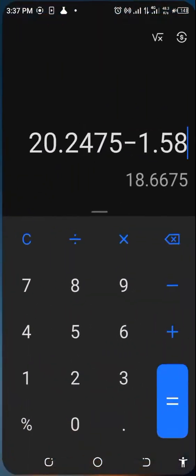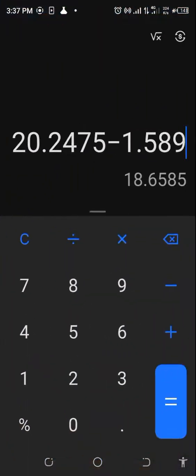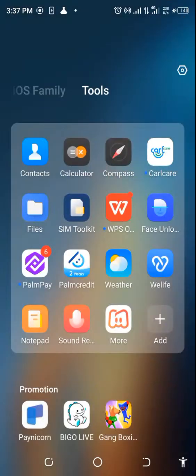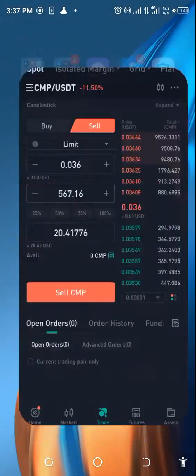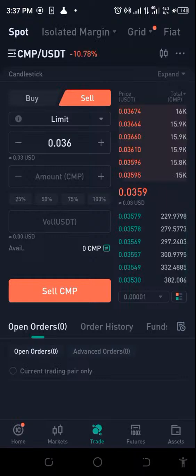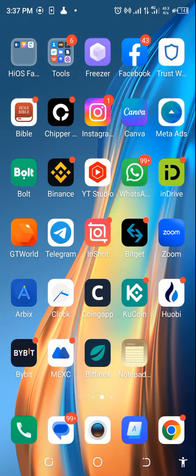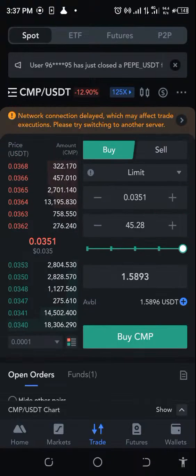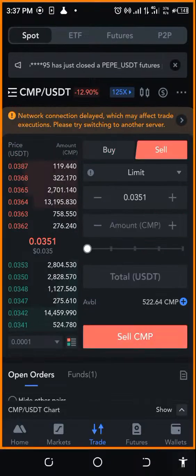1.5893. So that's what's going to give us what we're working with. So what we're working with really is 18.6582. So let's just work with that. Okay, so what we've been able to change is 18.6582. That's what we're going to use for this trade. So let's not waste time. Let's make sure that we keep on going. So what we have here is what we're going to use, which is the amount we currently have, which is